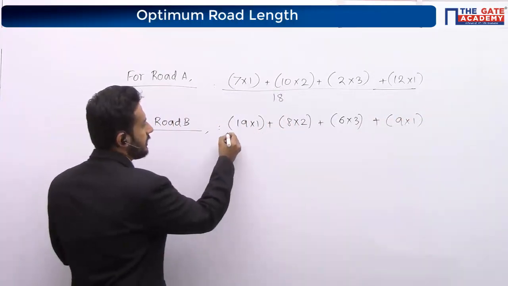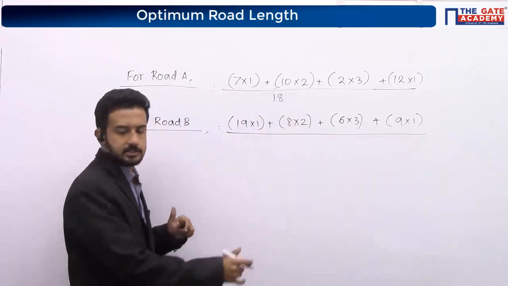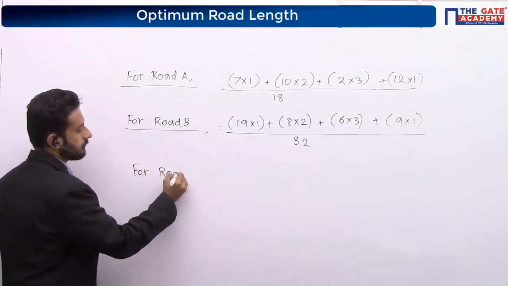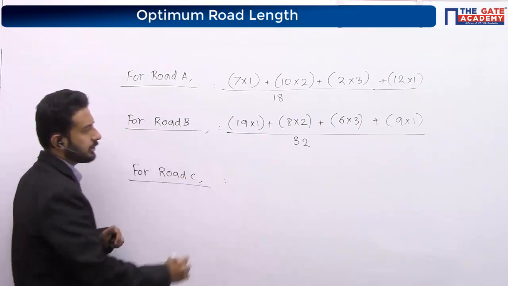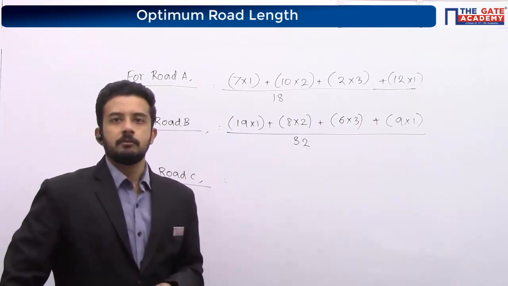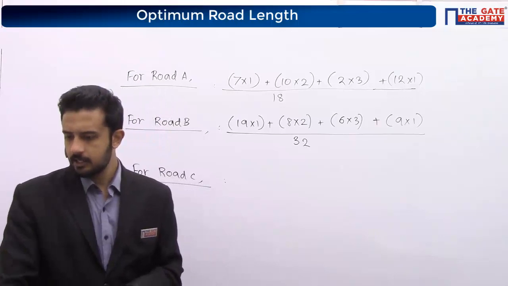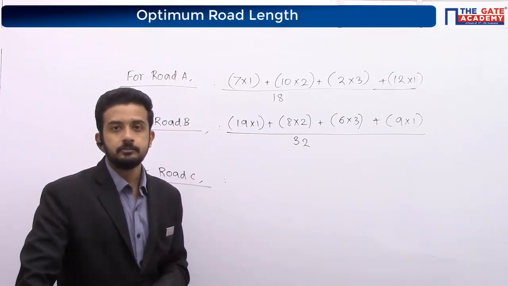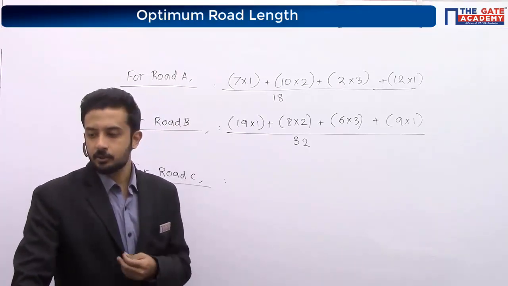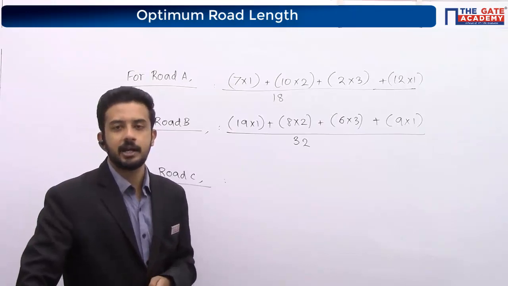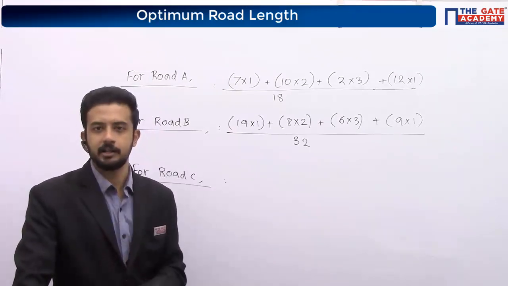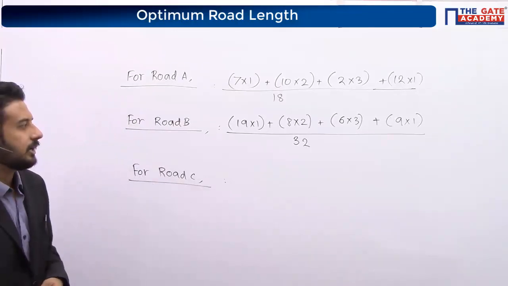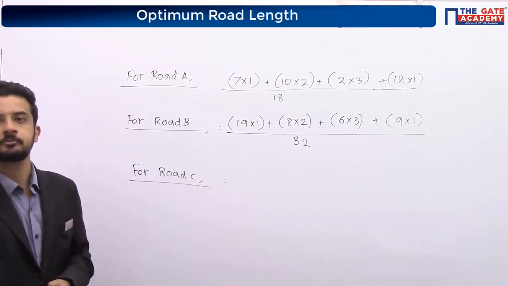So divided by the length of this, which is 32. Similarly, you calculate for road C also. Then tell me how much ratio you are getting for each. Very good. Option A, which means the optimum road length is okay. If they give agricultural productivity in the question, then you have to add it. If they are not giving it, then we will not add it. The next question we will see without agricultural also.